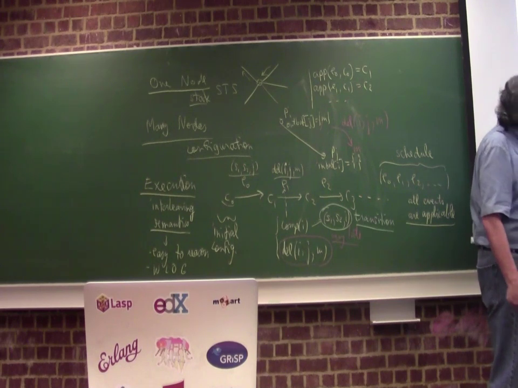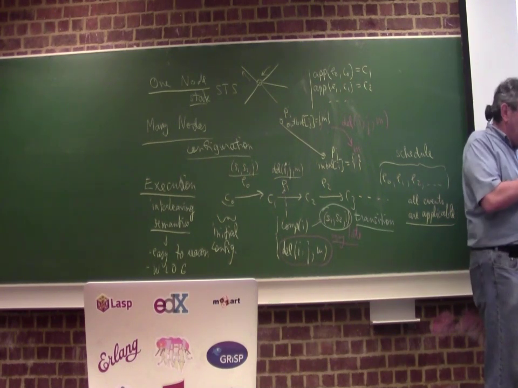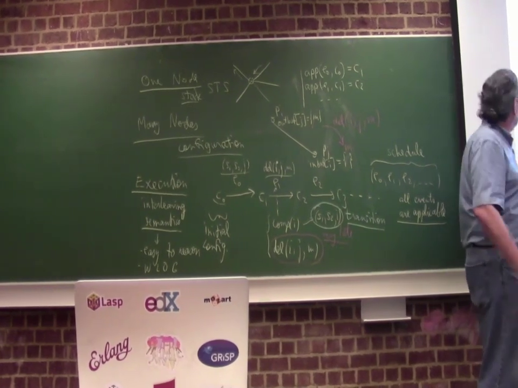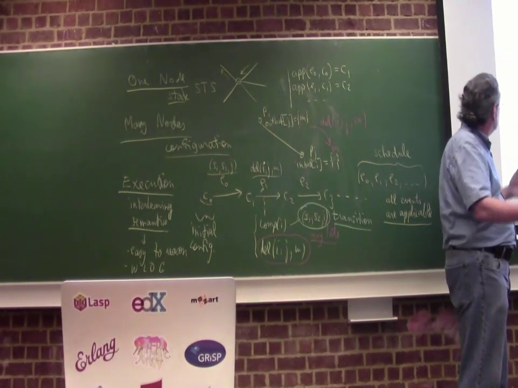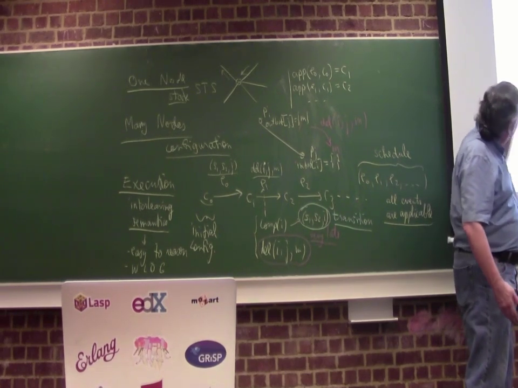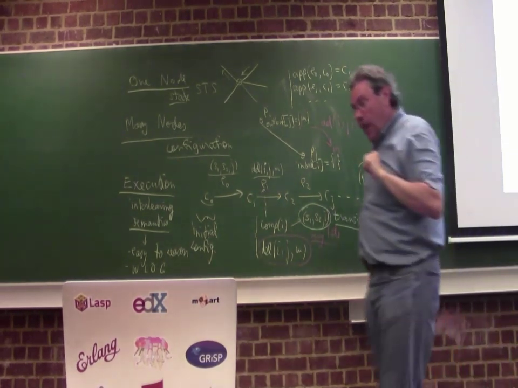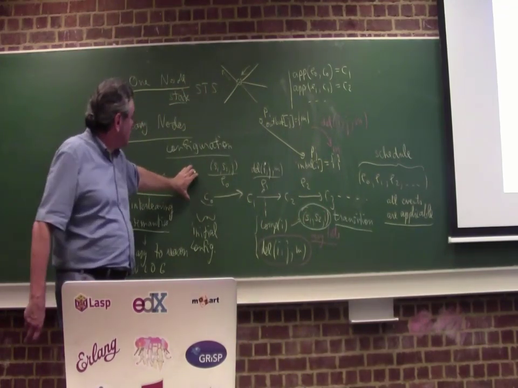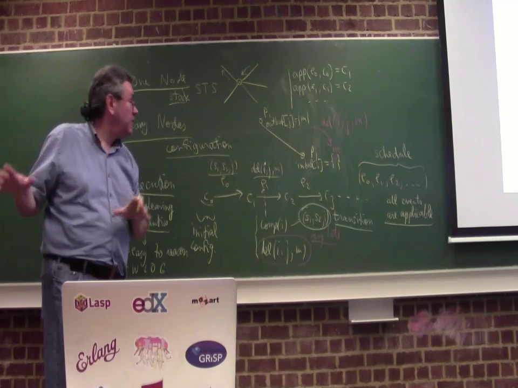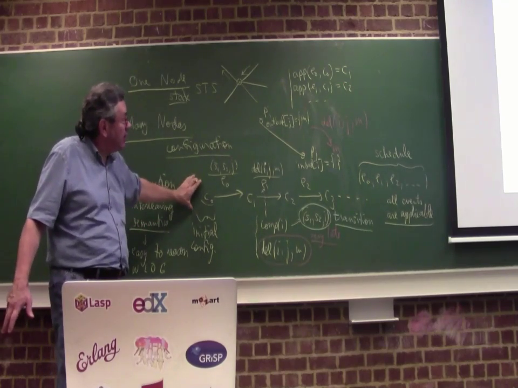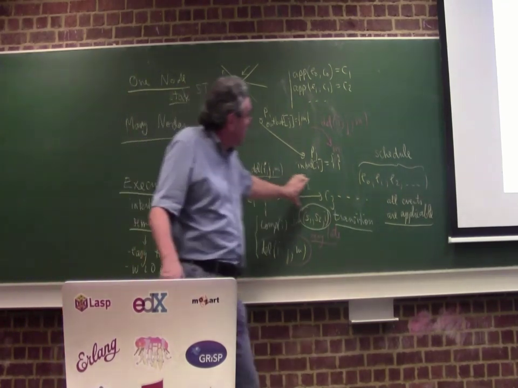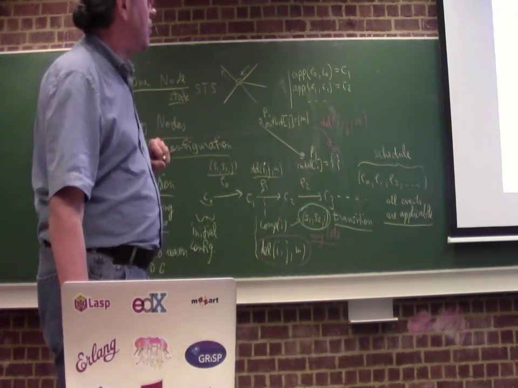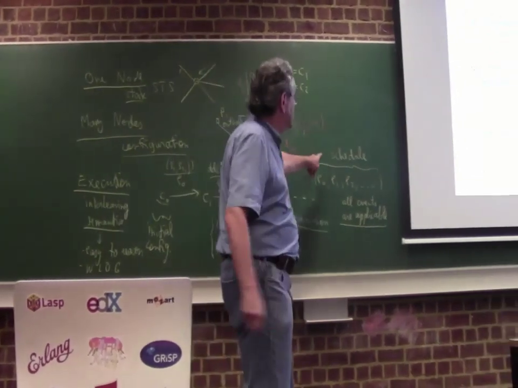Okay? Processes execute at different speeds. So maybe the process is taking a long time and the message is taking short time, and maybe the message takes long and the process is short. So these times are arbitrary. So the asynchrony of the actual distributed system shows up in the model as non-determinism. Okay? It shows up as non-determinism in the schedule.